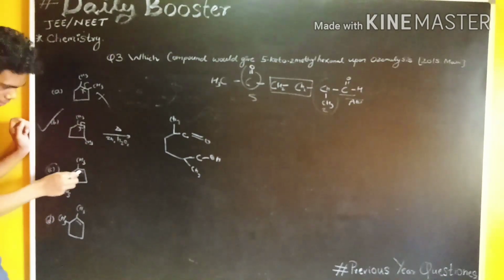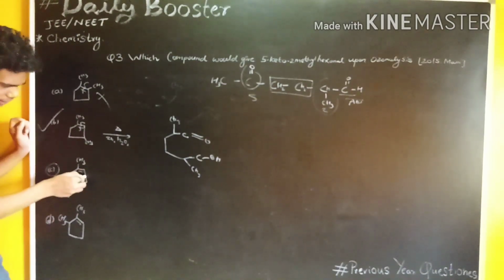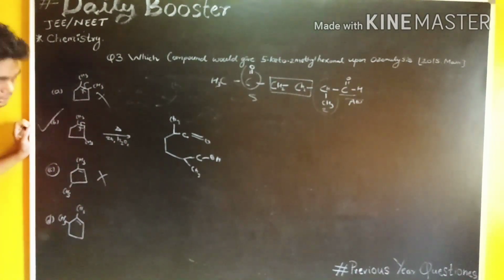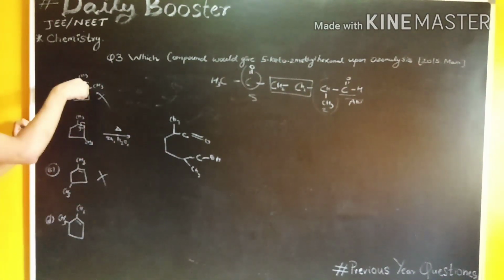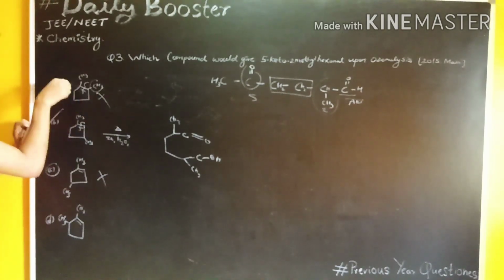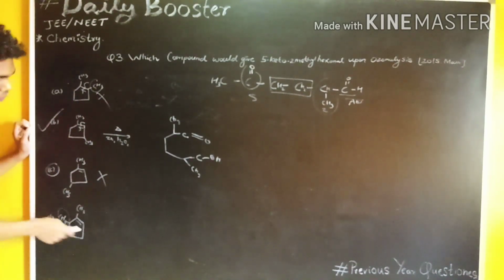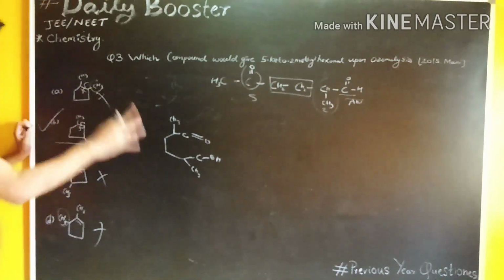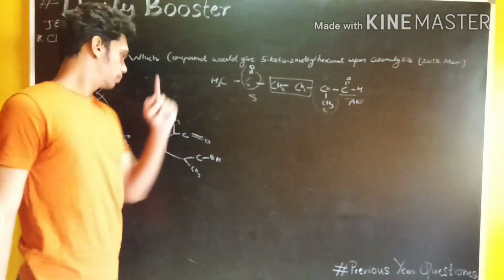There is a lot of difference. The double bond is here and there is no attachment. The CH3 group will not be obtained by option C, so this is also cancelled. Third, in the first case this was here and this is here, so this is also not working. So option B is your correct answer by the cancellation method.